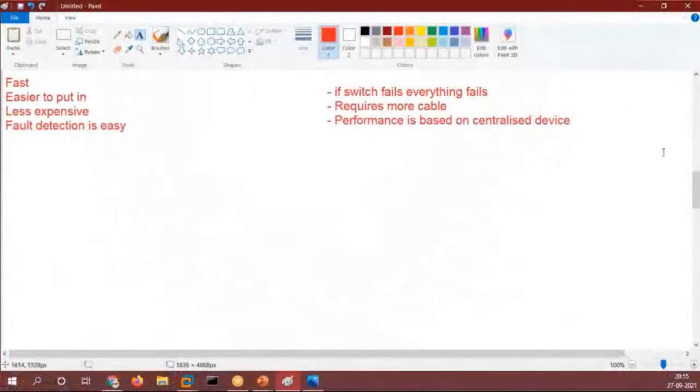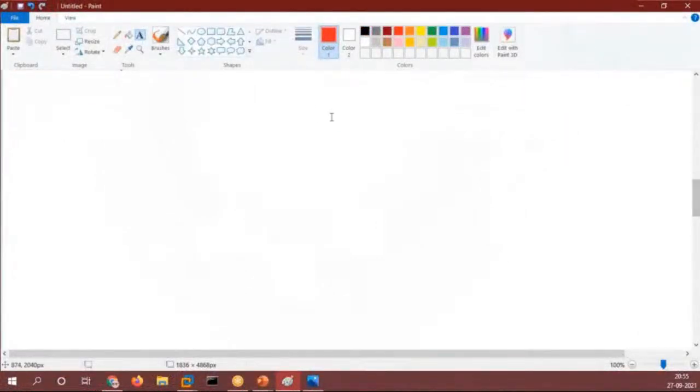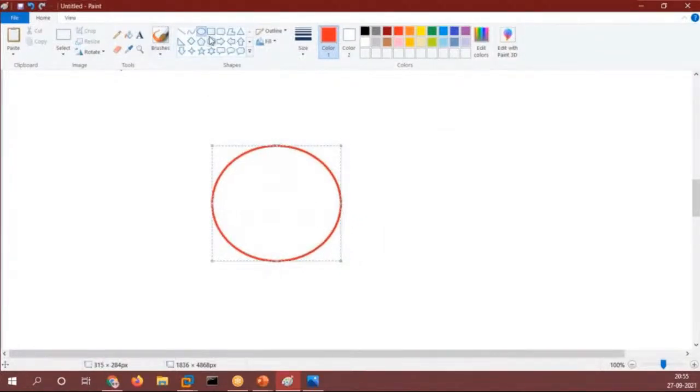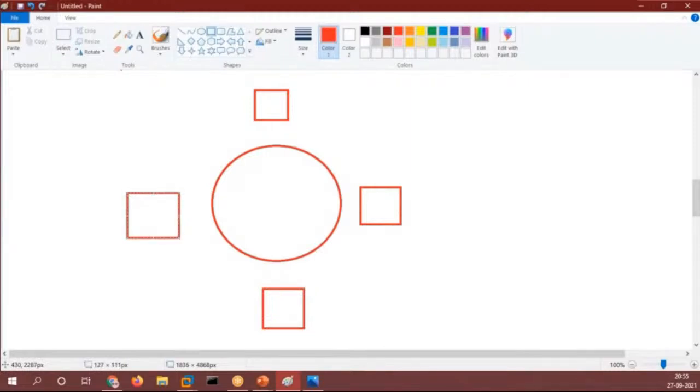So if I have a ring topology, I have this ring, and I have connected all the devices here. So this is device 1, this is device 2, this is device 3, and this is device 4, right?